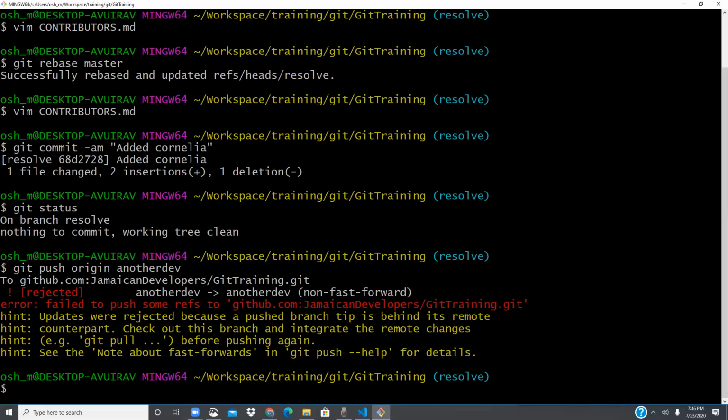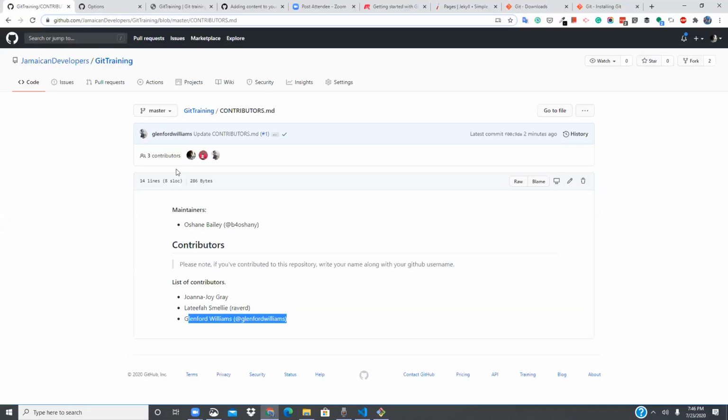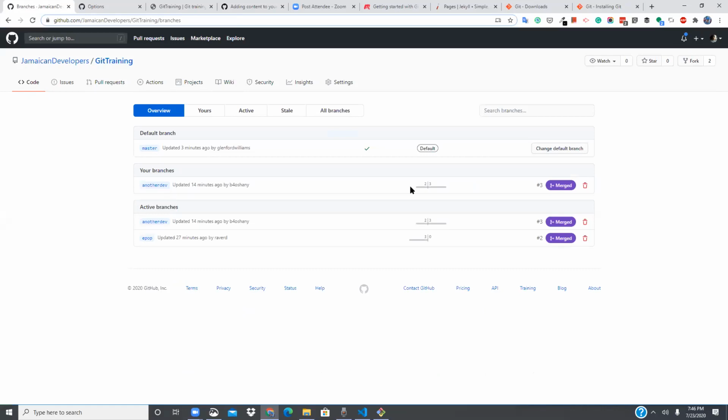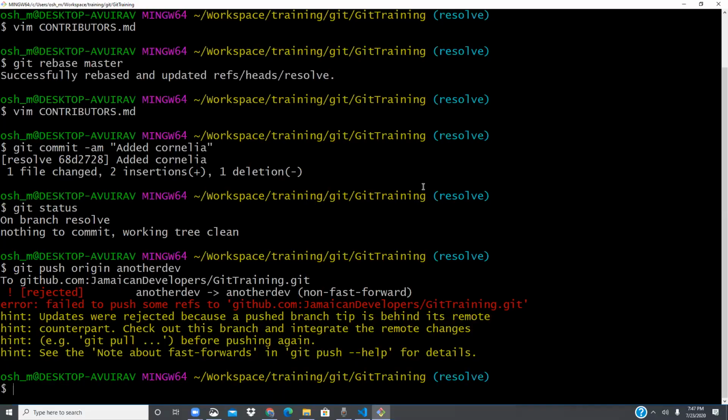individual, but you notice that there's a branch there already called another dev. And you can see the list of branches on GitHub by clicking on branches, and you see all of the branches that are there. These show how many commits one branch is behind and how many commits it is ahead of another. So that's why I'm getting this message, because this branch is outdated. So to fix that, I'll do git